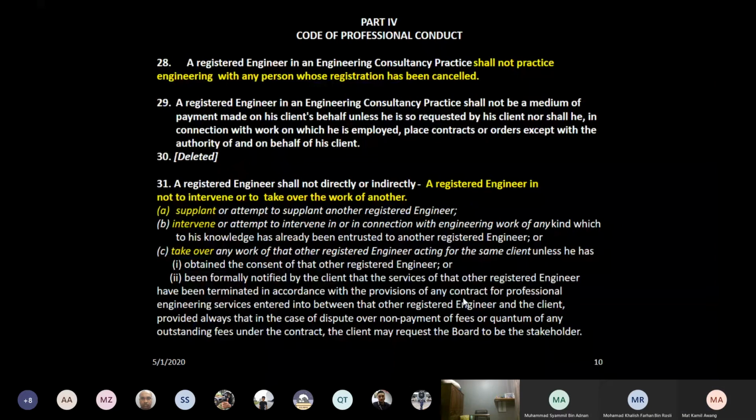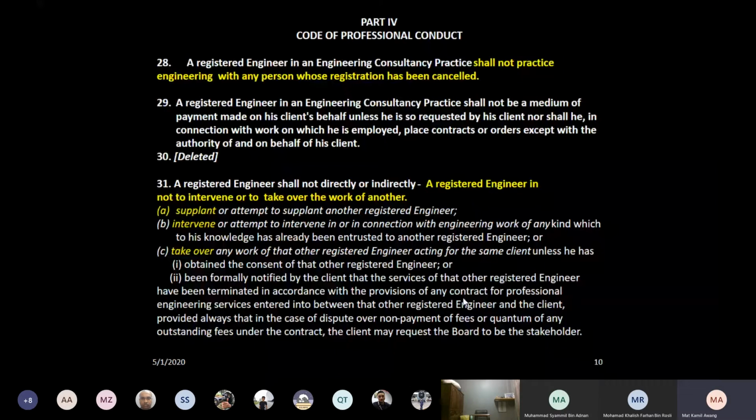Okay, clear so far? All these are important because in one of the questions, it is always that in the case study you have to find which section the engineer in that particular case has violated. So you need to clearly understand this code of professional conduct, all these numbers, which is section and whatnot.